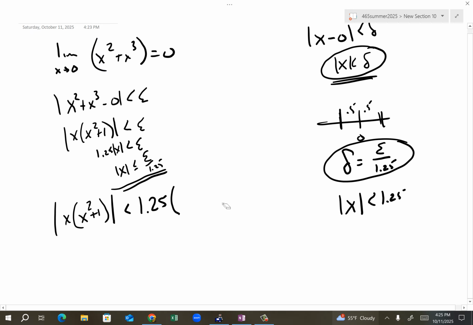But what we're saying is because of this and this, we can replace this, and our delta then, we're going to set up a relationship here. So it's still going to be the absolute value of x. Yes, that part's the same. And then,